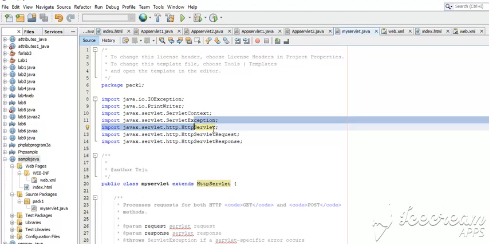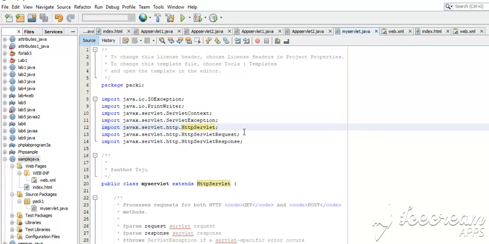Next we have the HttpServletRequest, which extends the ServletRequest interface to provide request information for HTTP servlets. Next we have the HttpServletResponse, which extends the ServletResponse interface to provide HTTP-specific functionality in sending a response. Next, in a servlet page,